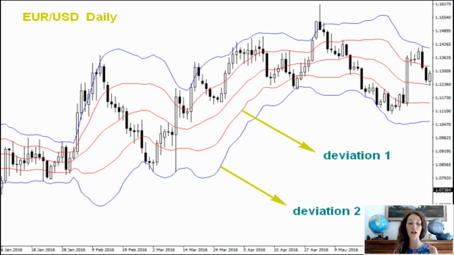The following image will appear. In this figure, the first BB is blue with deviation 2, while the second BB with deviation 1 is red. The curves of the middle band for the 2 BBs look the same, only the deviation settings are different. So the upper band and the lower band are both different. The distance of the two curves in the BB with minor deviation will be narrower.